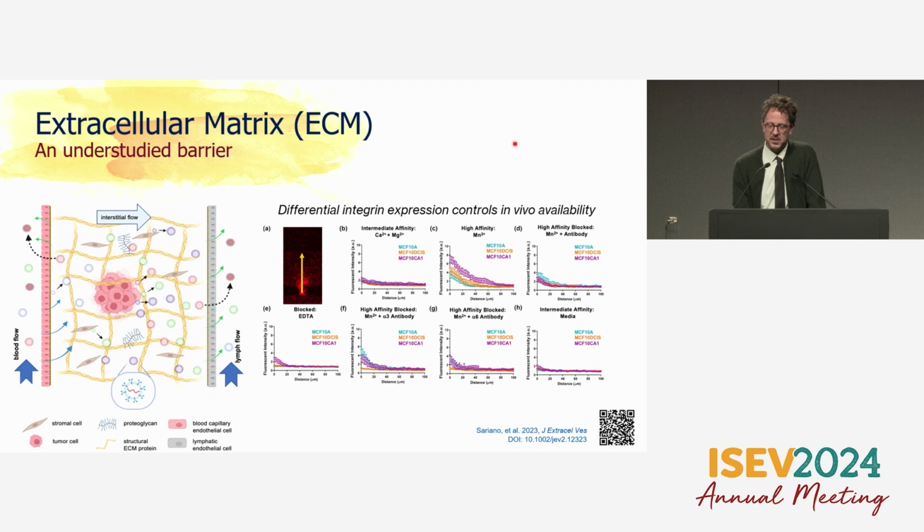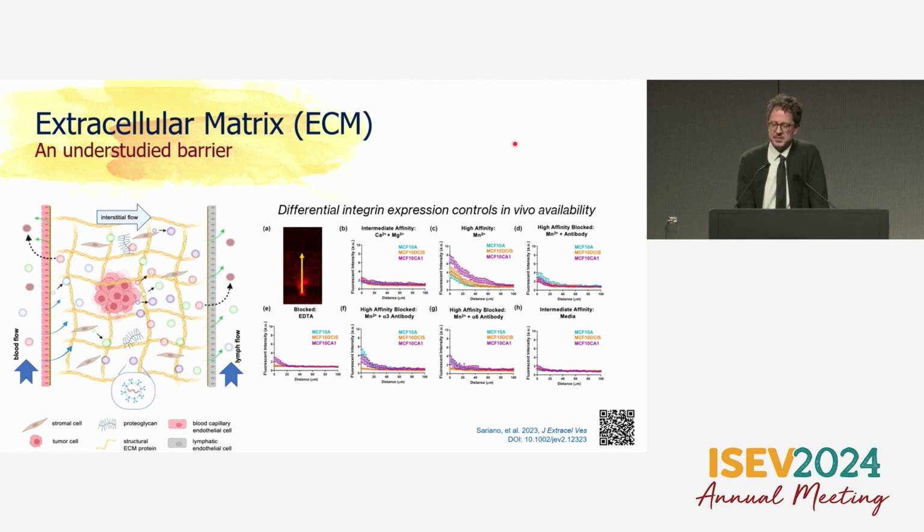I think another complexity is the extracellular matrix. It's another sort of ignored aspect, that when EVs leave cells, they have to cross through these barriers which react dynamically and bind to EVs depending on their surface proteins, and that these might act as source and sink for EVs and completely change their biodistribution.